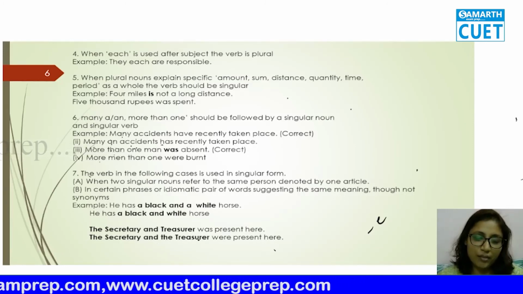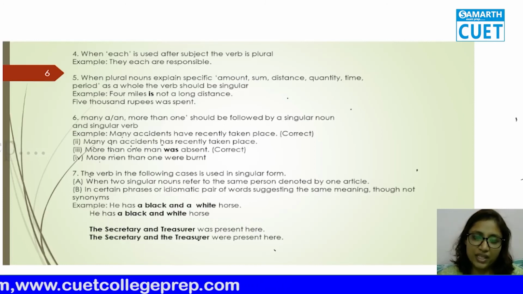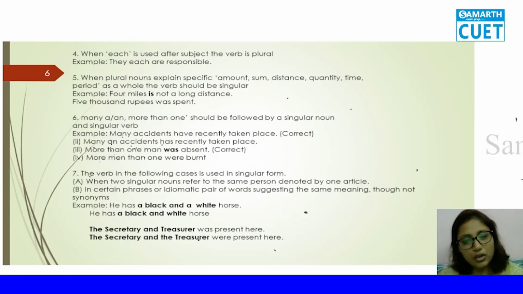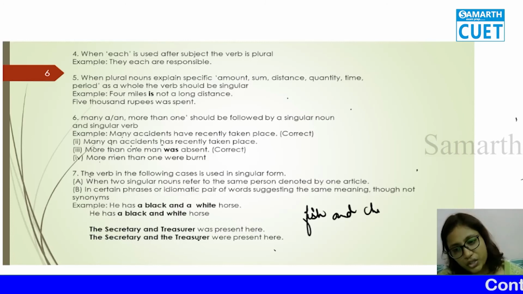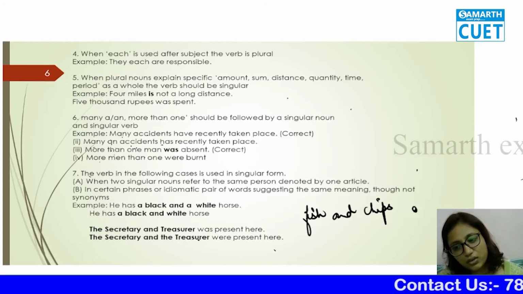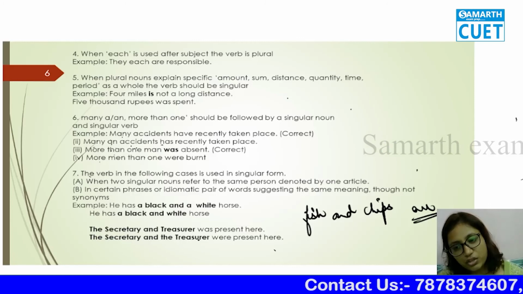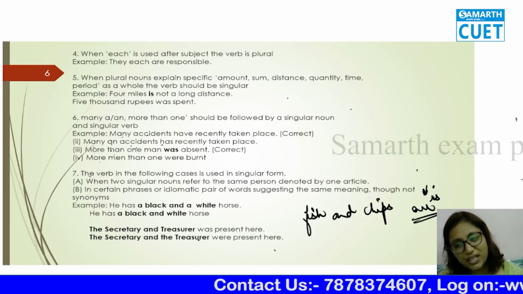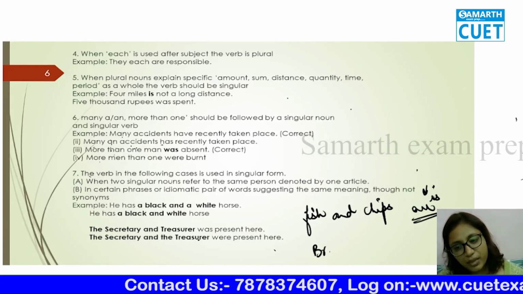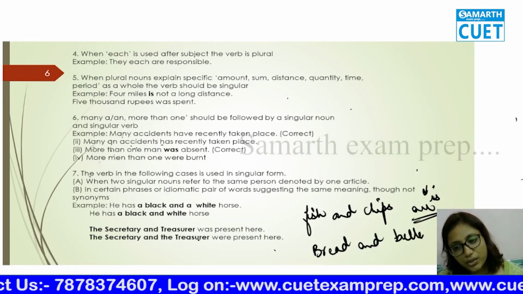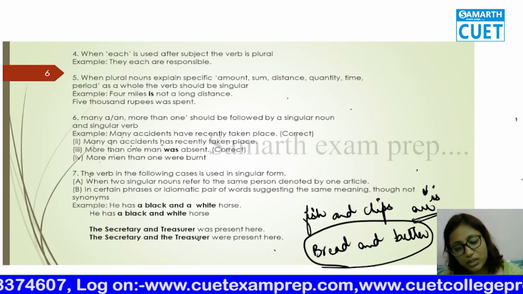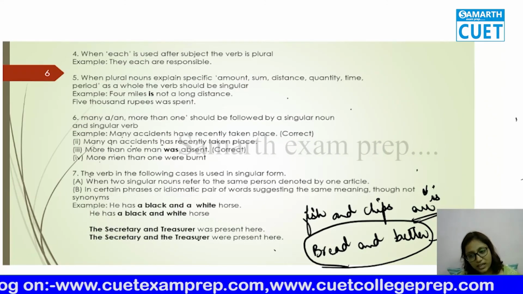One more thing: bread and butter is a common food. Fish and chips is the favorite fast food. Fish and chips are usually used together, so whenever we say fish and chips, we are not going to use are, because this is one dish. This is going to come with is. Similarly, bread and butter is getting expensive, because they are used as a single unit. That means common food is getting expensive.